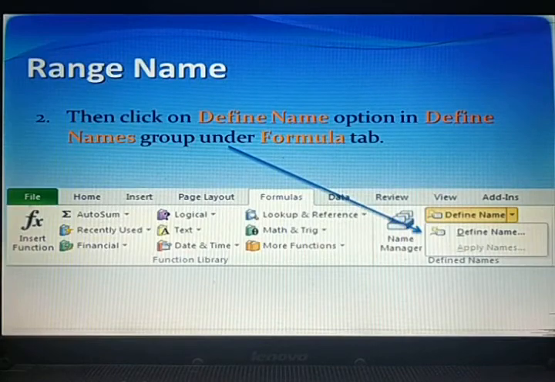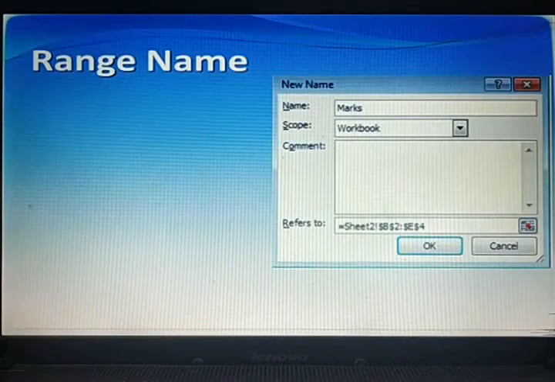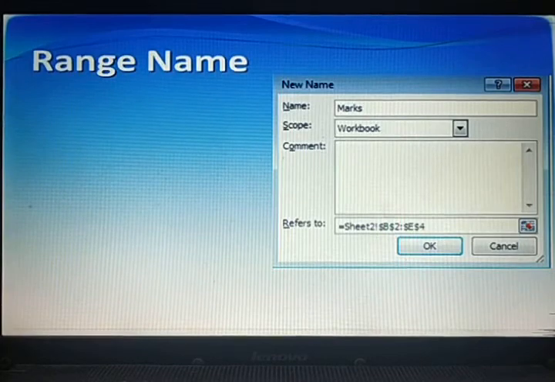Then click on the Define Name option in the Defined Names group under the Formulas tab. Then in the New Name dialog box, type the name you want to give to the range.